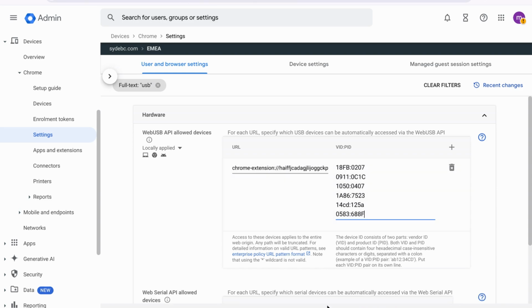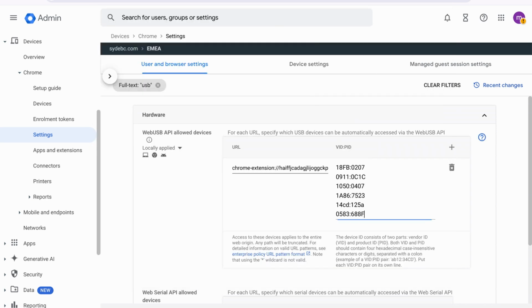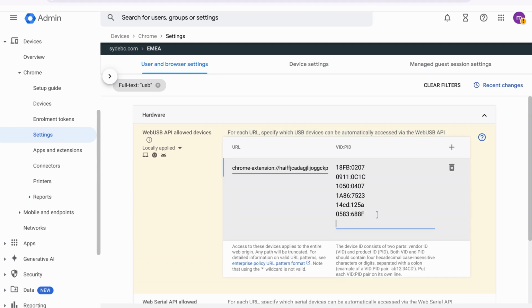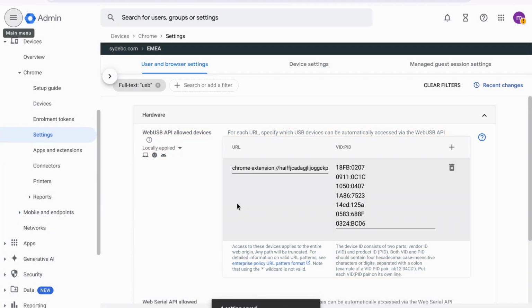But if we go back to the text document that we prepared earlier, we already have the ID or IDs of our USB device in the right format. So I can just add another line here, add that, and save. So this would be applied within less than a minute or so to the device. I can refresh policy there as well. But while we're here,